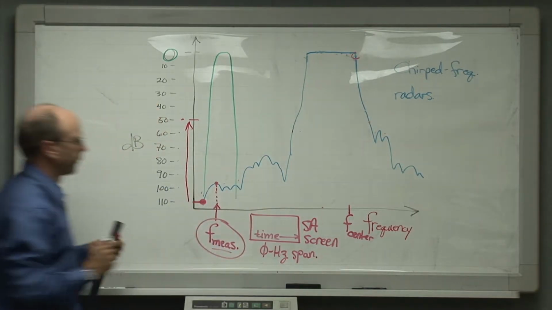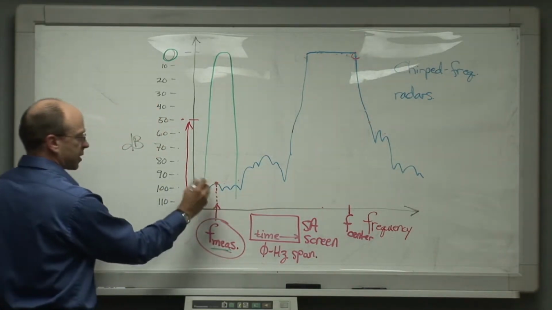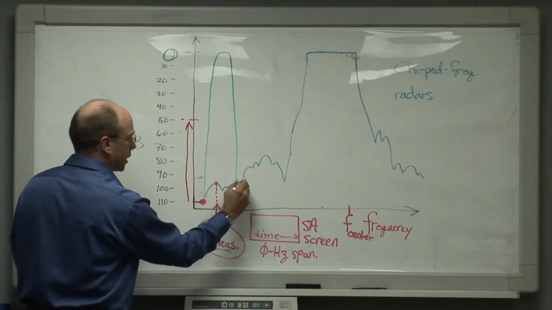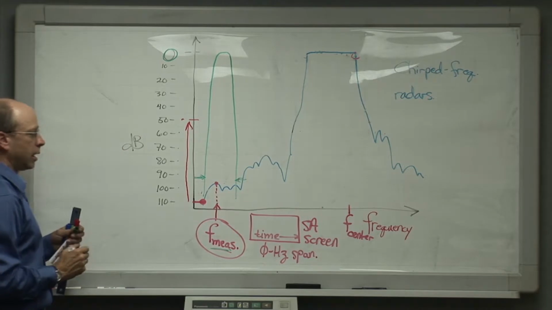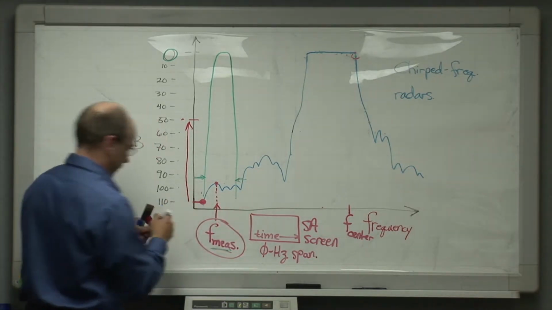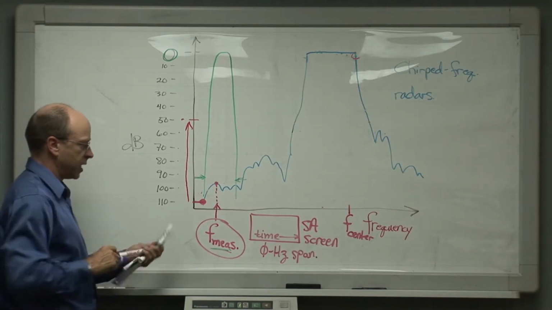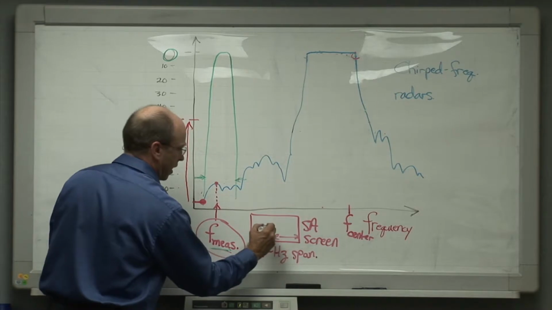We make a measurement on this frequency such that the measurement system is only seeing energy across this frequency range right in here. Then, we get the radar's peak emission level,